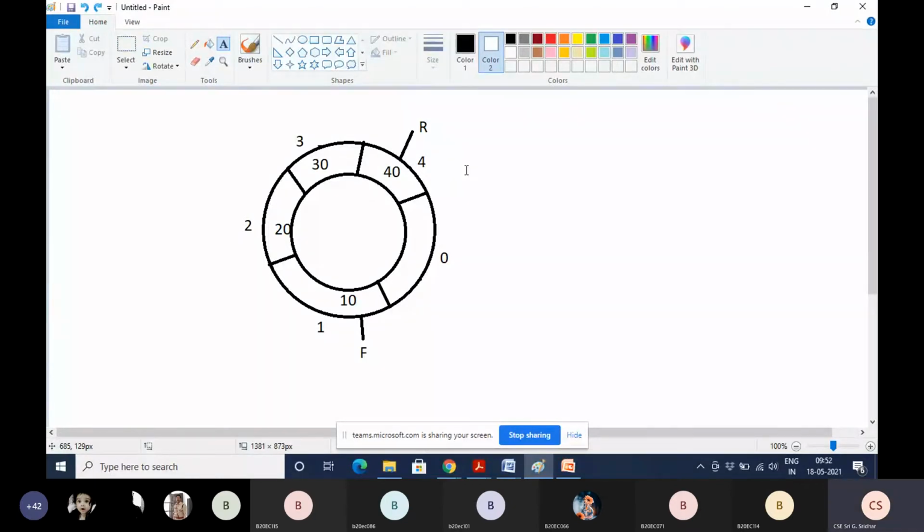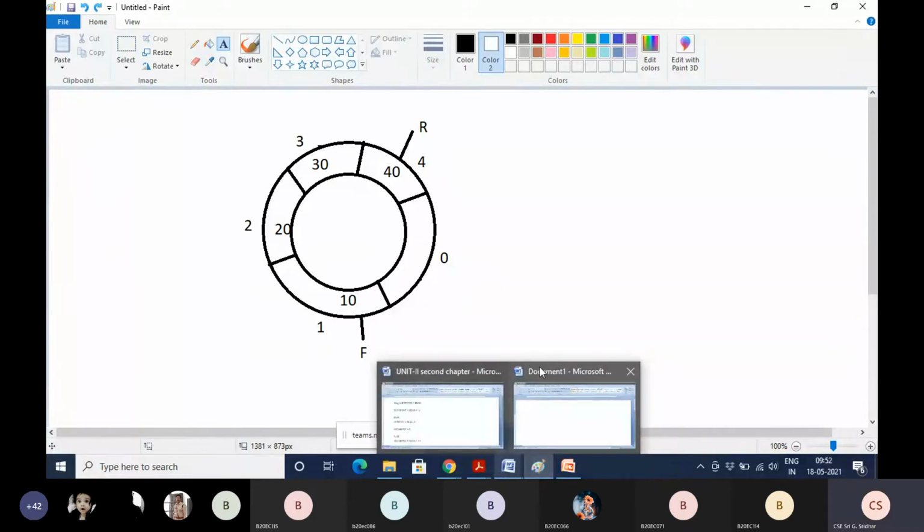Students, are you following? Even if you write front equal to front plus 1 modulus max, what value do we get? Front is pointing to 4.